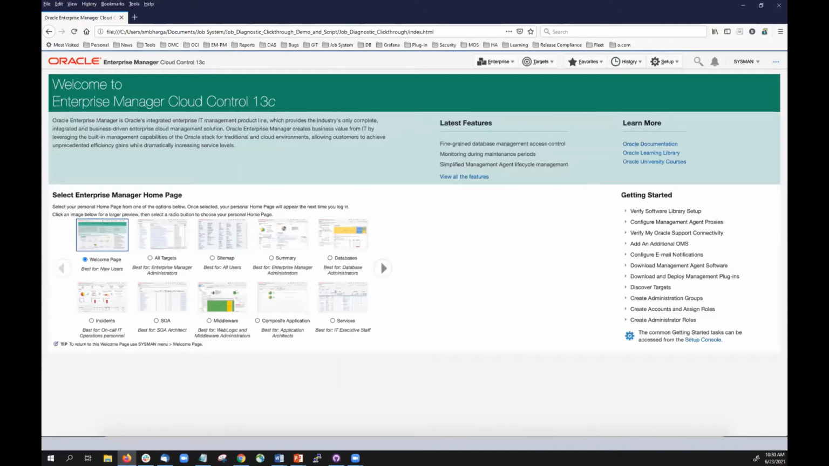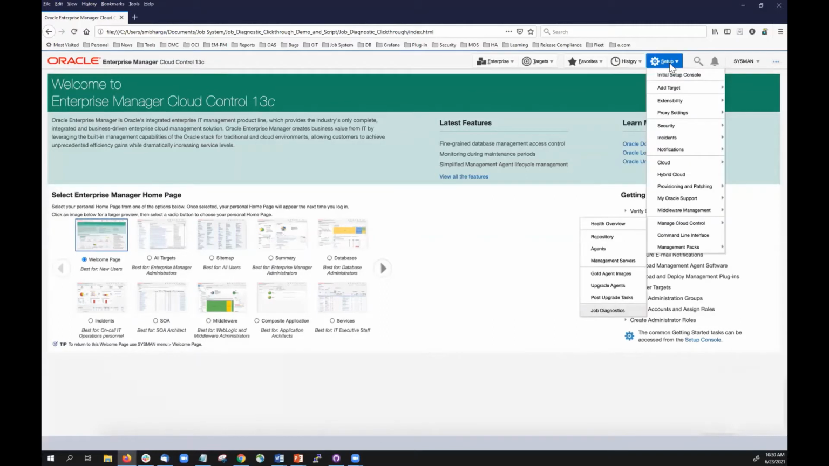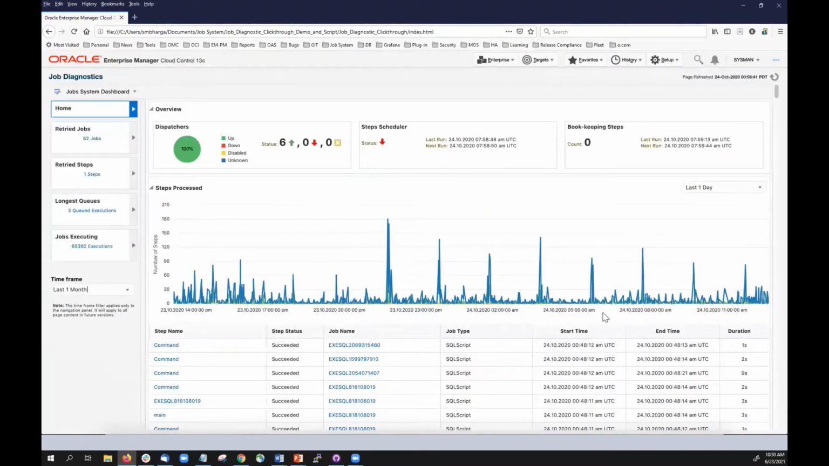So, from your welcome home screen, you can go to the Manage the Manager section, or MTM like we like to call it, by going to Setup, Manage Cloud Control, and the Job Diagnostics is the new dashboard that we've added. So here's the Job Systems dashboard. As you can see over here on the left, we are focusing on the retried jobs, retried steps, what queues are kind of blocked, and what are the jobs executing within the system. And we can delve into each of these